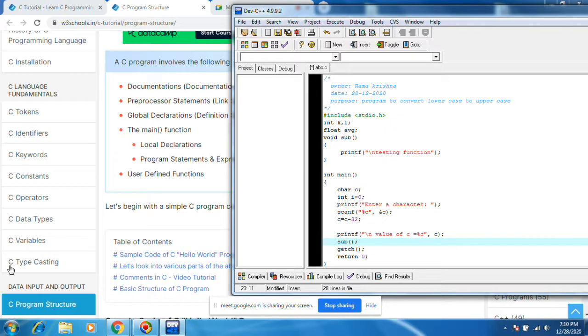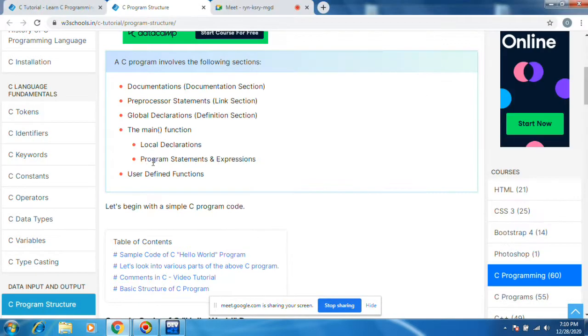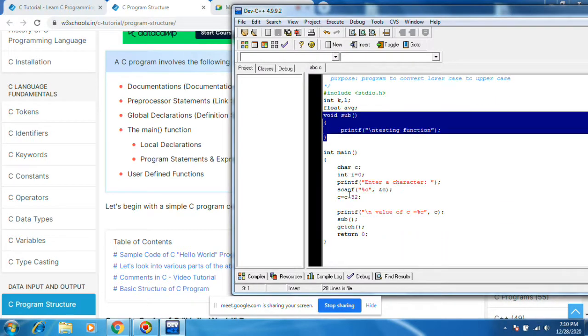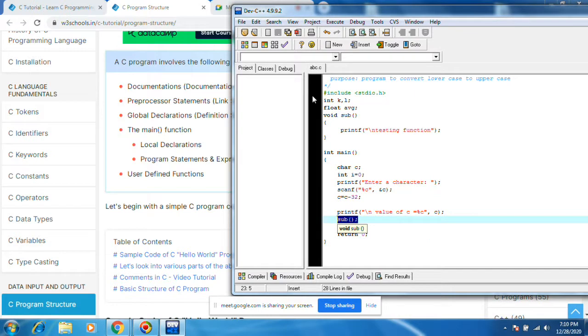We'll see in the function section how to pass parameters, everything we'll explain. I'm just telling that program statement expressions, local declarations, user defined functions. This is called user defined function. This is the function calling. Just save and run. I just called this function. What this function does is it will print only testing function.